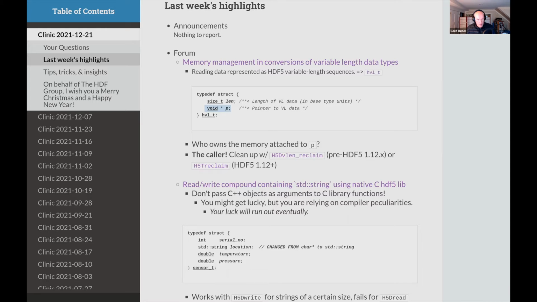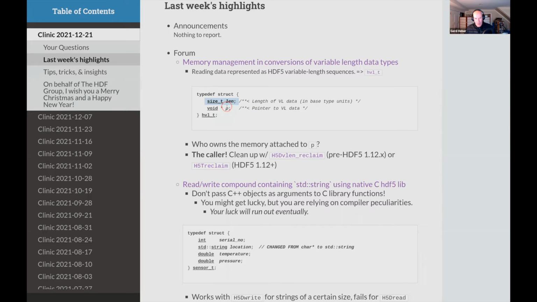the library will have to allocate buffers on my behalf, on the caller's behalf, because this sequence length, that's why it's called a variable length sequence, can vary from element to element. And so I cannot know a priori what the lengths of these individual sequences will be.